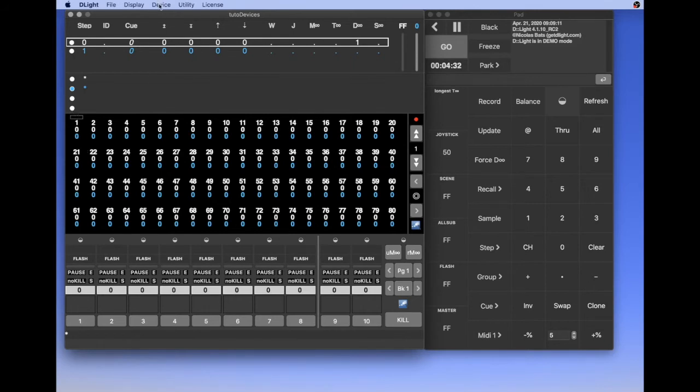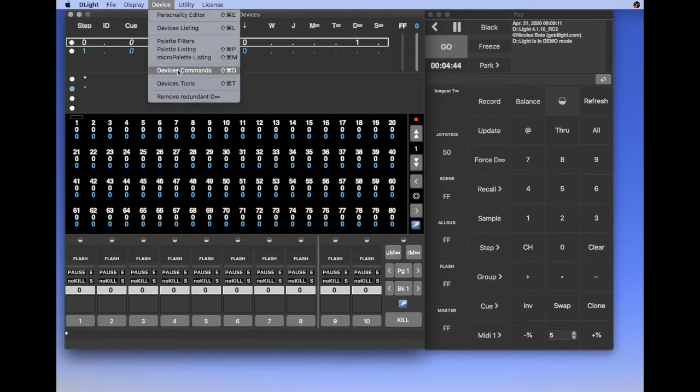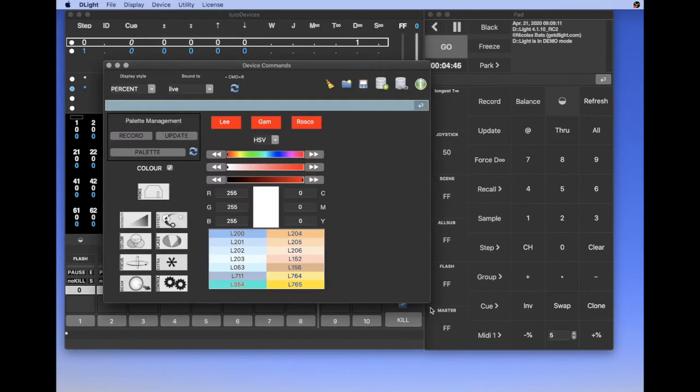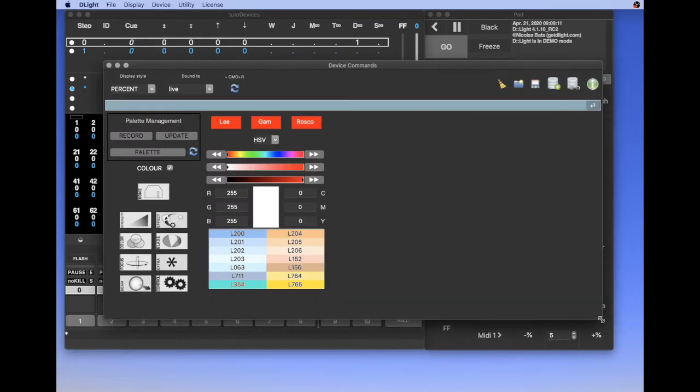I told you to always record palettes. There are several ways to do that, but the first method is to use the device command. In the device command, you see this lets you control the color. I need to list the device on which I want to work.